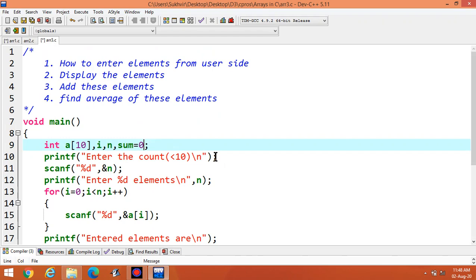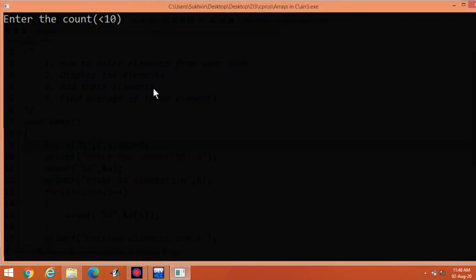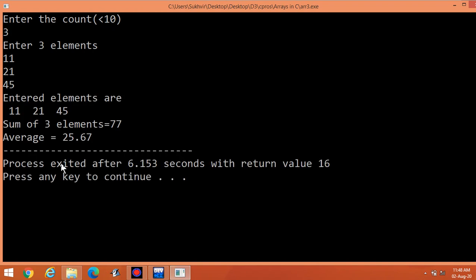Suppose this one is not required, then execute the program. Enter the elements 3, 11, 21 and 45. Now it's okay. Sum of the 3 elements is equal to 77 and average is equal to 25.67.